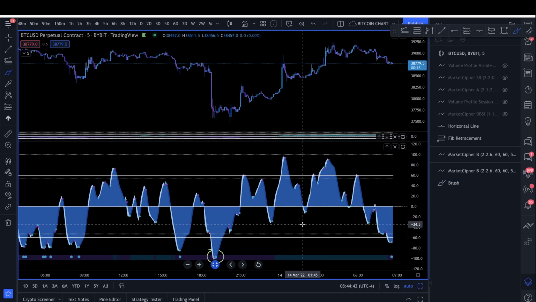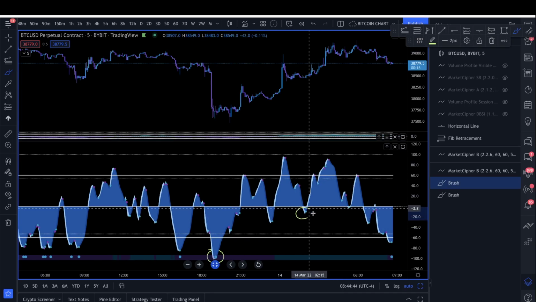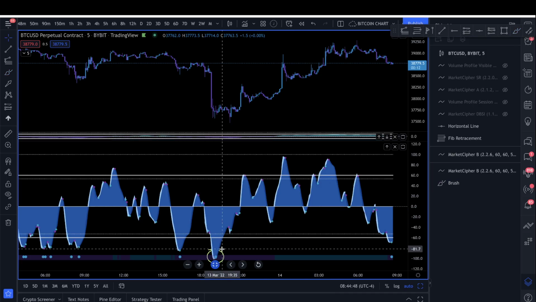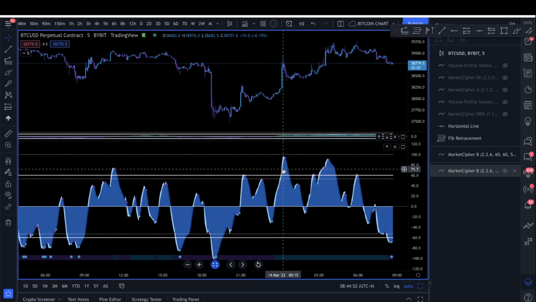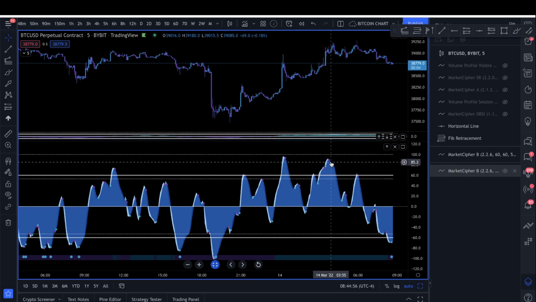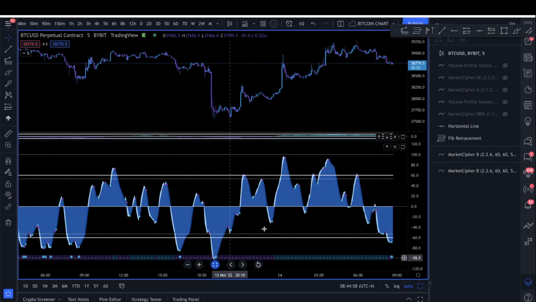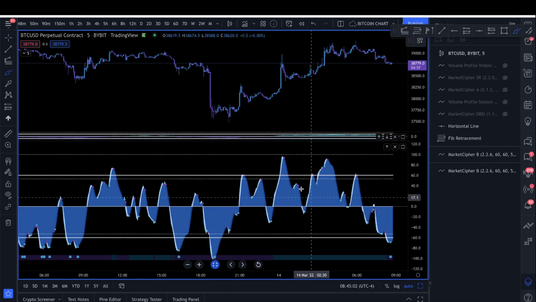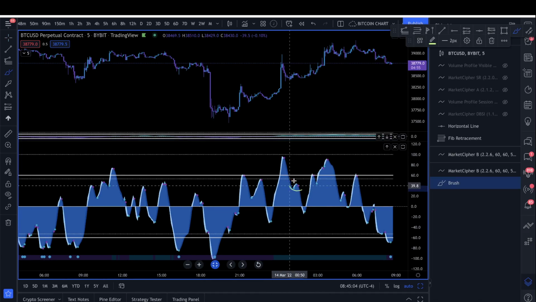This would also be considered a trigger wave right here. Now, it's very important that we understand that the oscillator will oscillate from below to above. So once we start printing trigger waves on the upside, we stop looking for trigger waves on the downside, right? So essentially, you could even say that once we printed this wave right here, this trigger wave, because we came